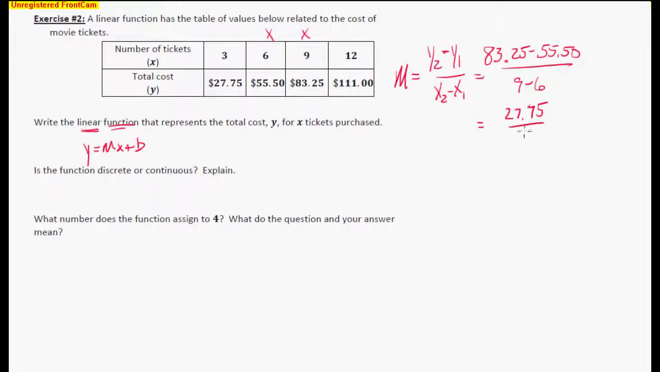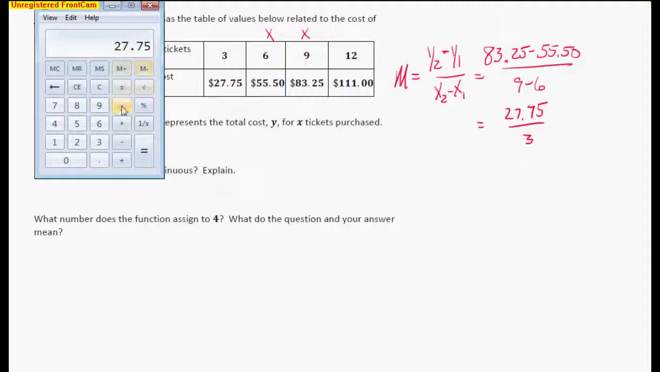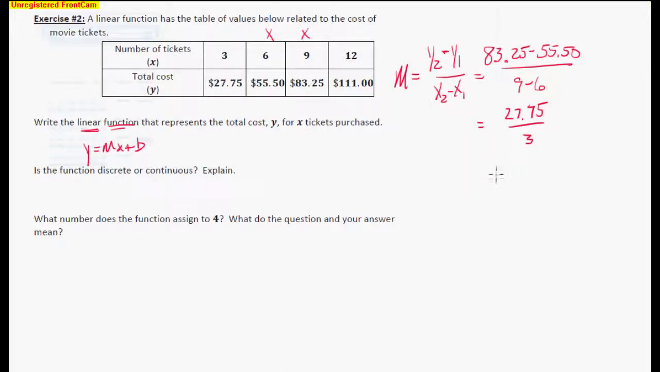And let's see, 9 minus 6. That's pretty easy. So we're going to take that, and let's see what we get when we divide these two. And there we go, 9.25. All right, so I'm going to use my slope as 9.25. So now I can go ahead and I can write my linear function. y equals